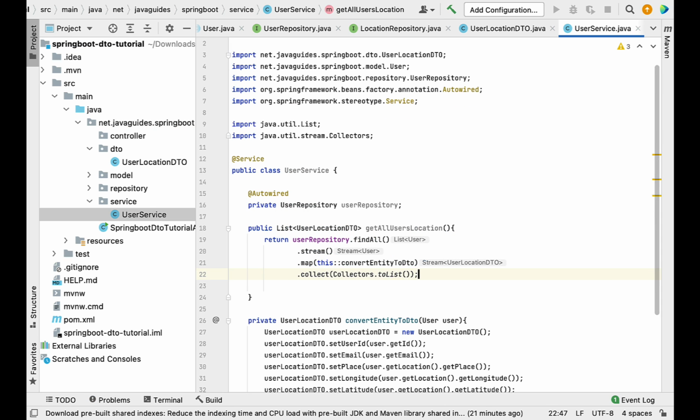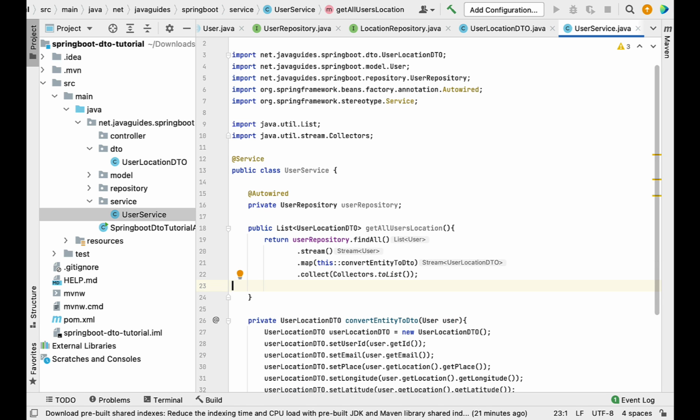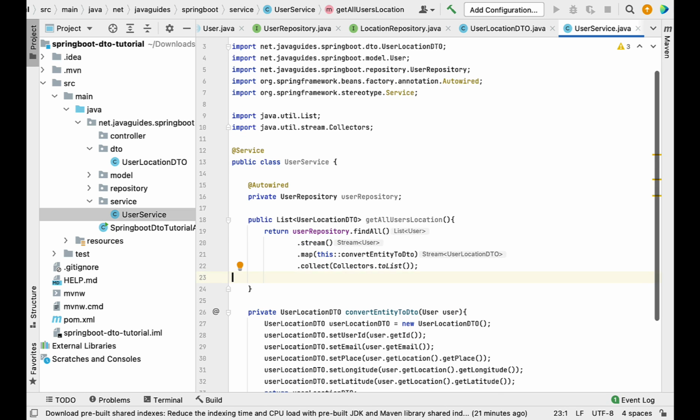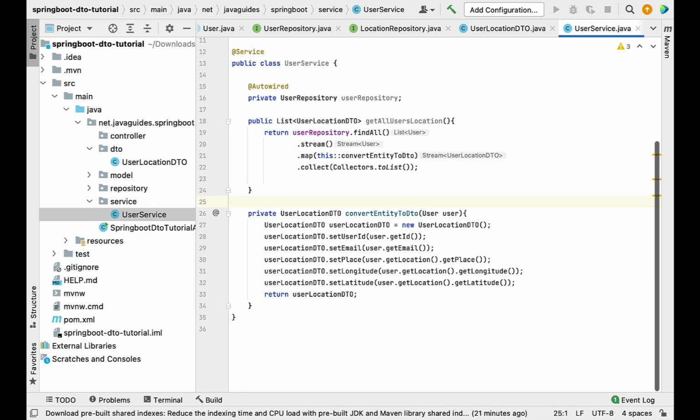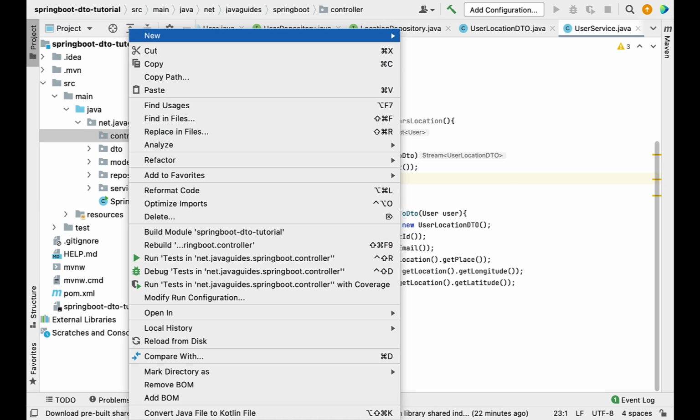Alright, simple. We have just converted a list of users to a list of UserLocationDTOs, and here we have used the map method, so this will iterate over a list of users and internally call a method to convert the User entity to UserLocationDTO. Okay, pretty simple. So now we have implemented the service layer, so go to the controller layer,